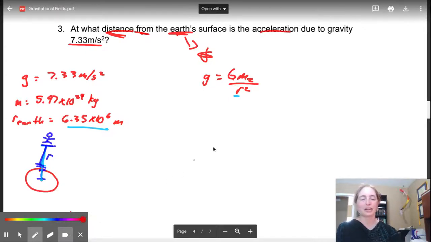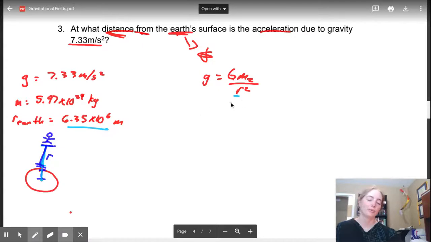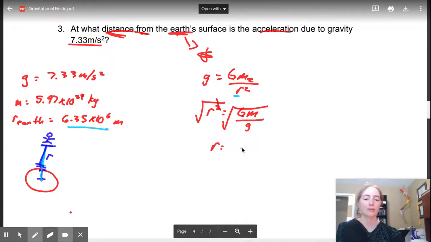So, ladies and gentlemen, let's calculate our radius. We're going to rearrange our equation. You're going to divide by little g. You're going to multiply by r squared. And you're going to wind up with r squared is equal to big G times the mass of the Earth divided by your little g. We are now going to square root both sides. And our radius is equal to the square root of GM over g. Plunk in your numbers. And big G, data sheet, ladies and gentlemen,